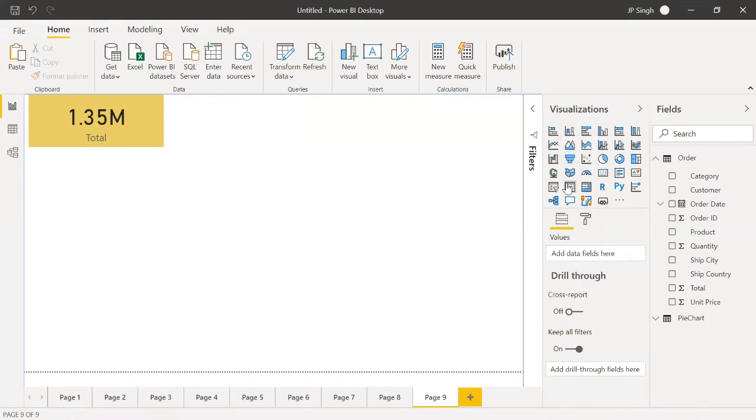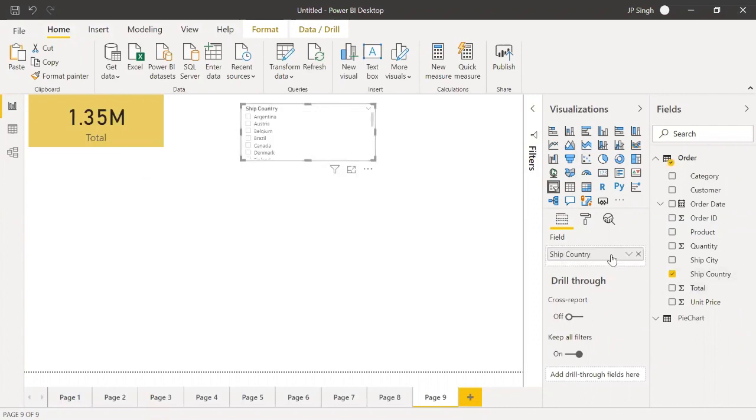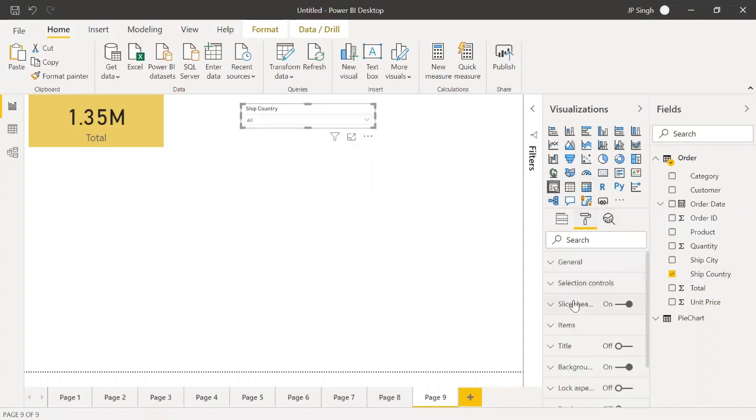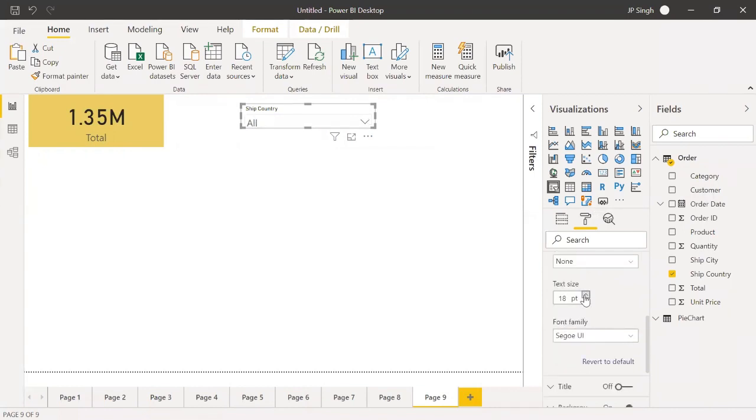Now when I put a filter here, I can create a filter on the country. These countries are so many, so we cannot create this big a filter. The best option is to go in this arrow and make it a drop down instead of a list. It will come as a drop down, and then you can increase the size of this filter from here. Now you can click on each and